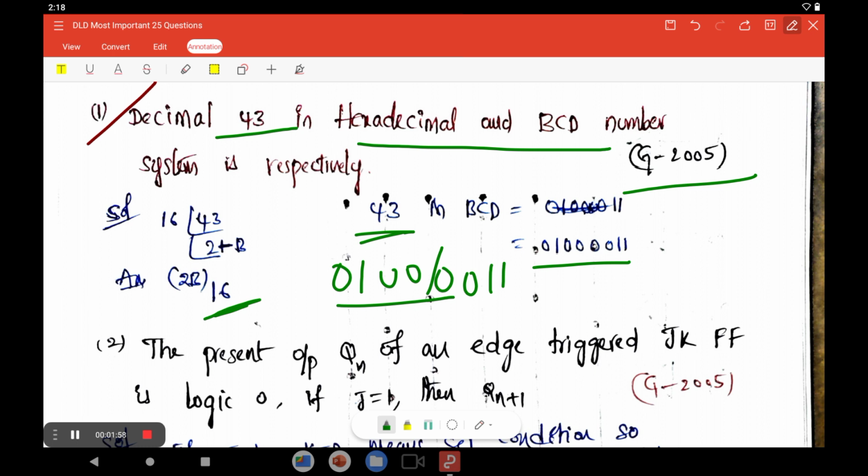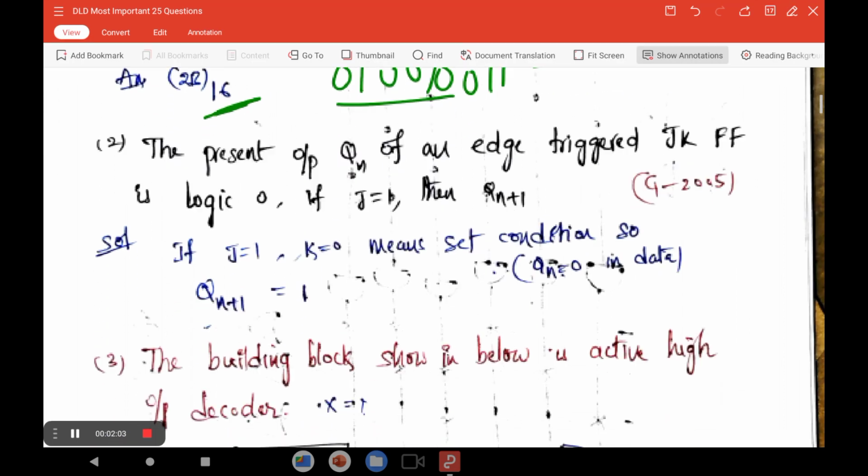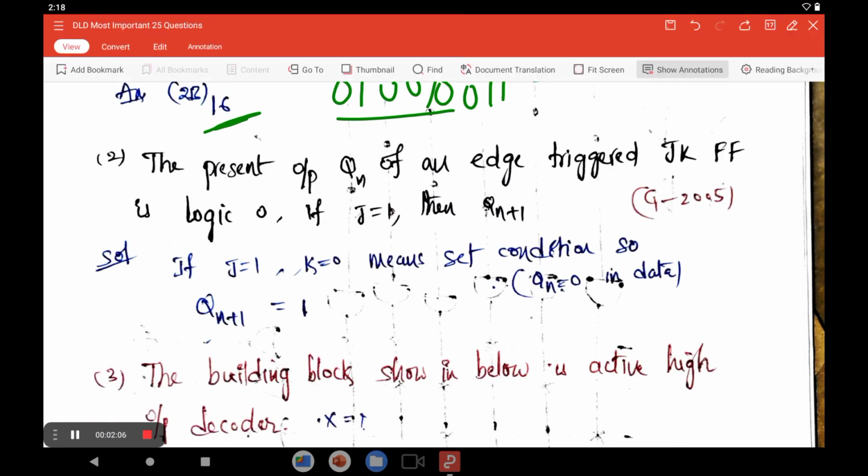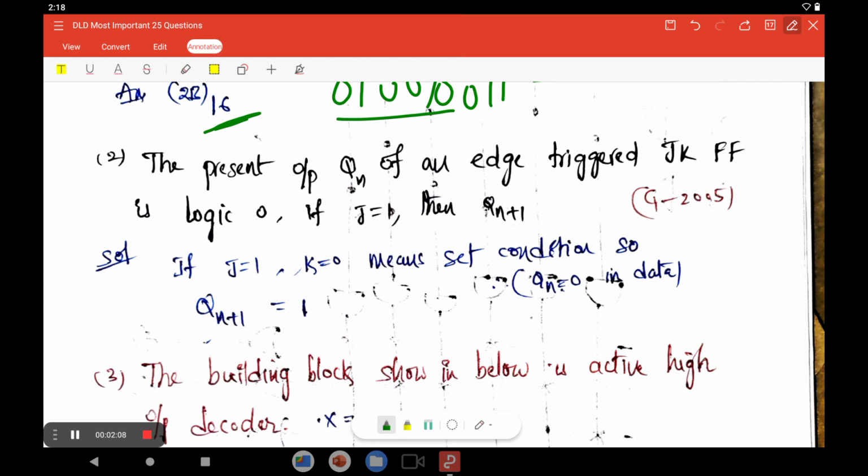Okay, so next one, question number 2. The present output Qn of an edge triggered JK flip-flop is logic 0. If J is equal to 1, then what is Qn plus 1? So they mentioned that the JK flip-flop's present output is equal to 0. Suppose the input J is equal to 1, at that time what is the Qn